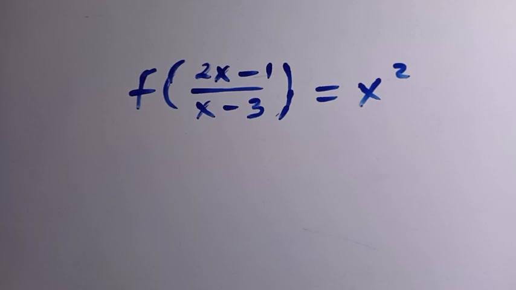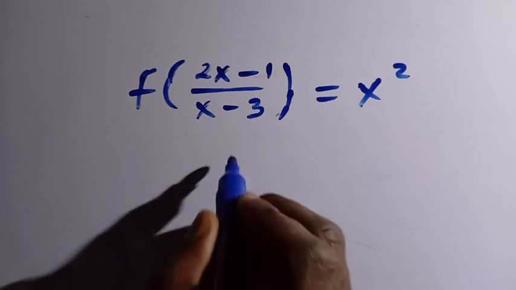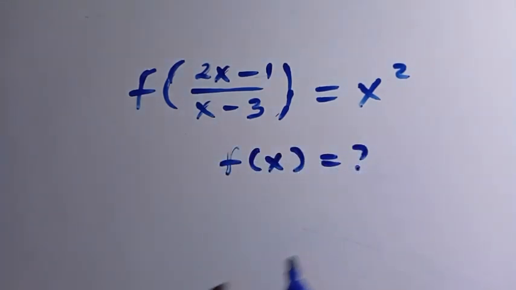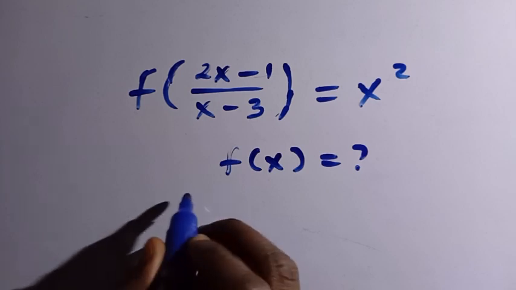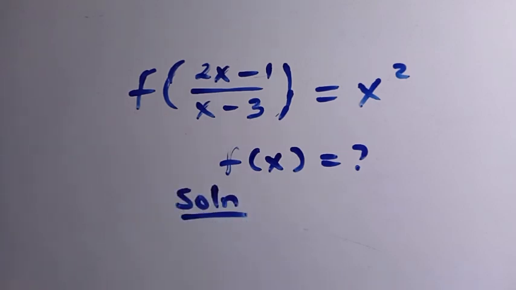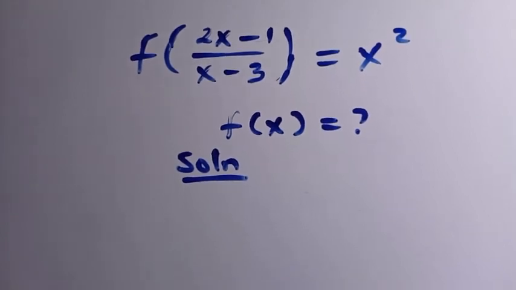How to solve these nice functional equations where we have f of (2x minus 1) divided by (x minus 3) equals x squared. I want to solve for the value of f of x in this. So the first thing we're going to do is we consider the solution from here. Then in the given question, we have